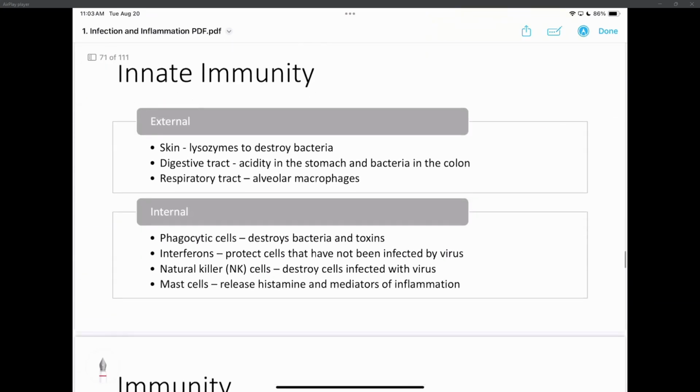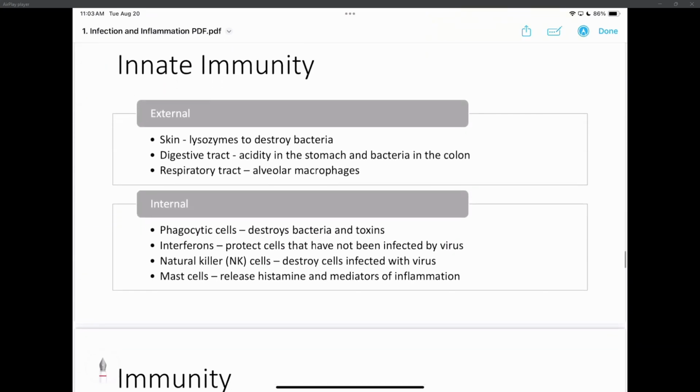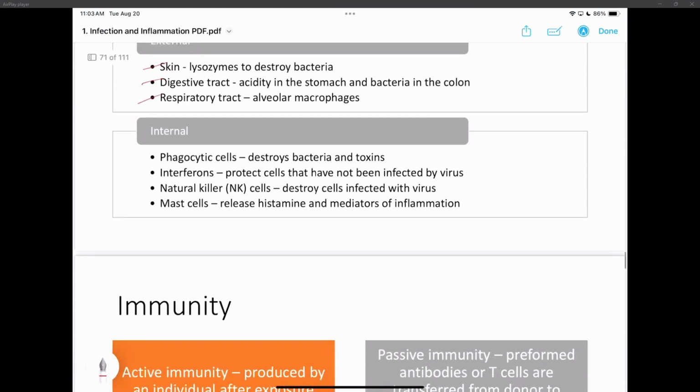Okay, so let's talk about different types of immunity. We have our external innate immunity. That's our skin, digestive enzymes, and respiratory tract. Anything that comes to exposure to the outside environment, but it's on our bodies, is an external thing because external comes in. So skin, digestive tract, and respiratory. The ways 3 things can get into our body. Our internal immunity, our phagocytic cells, interferon, natural killer cells, and our mast cells. These are our innate internal immunity system.